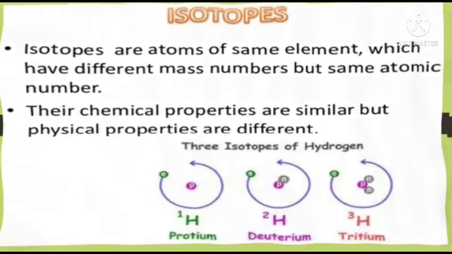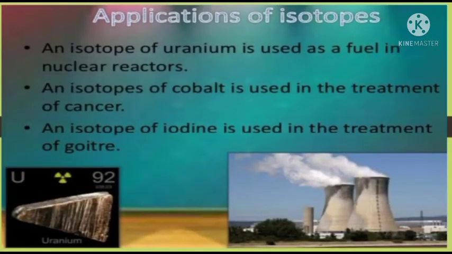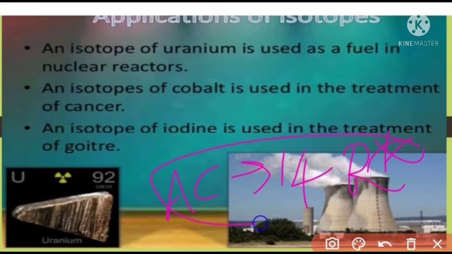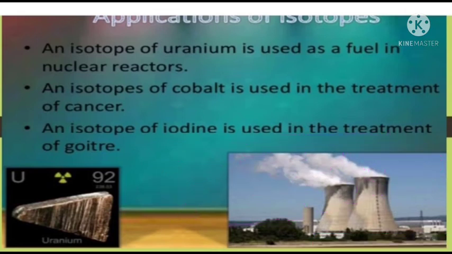Now we are discussing applications of isotopes. You know very well that in the periodic table the F block elements contain the second series, the actinide series, with 14 elements, which are also radioactive. Mostly the isotopes of elements emit radiations. These elements have the same atomic number but different atomic mass. This is called isotope. Such isotopes are used in different applications.